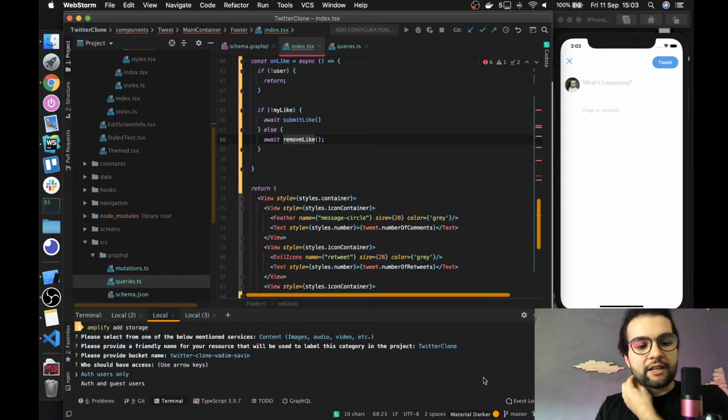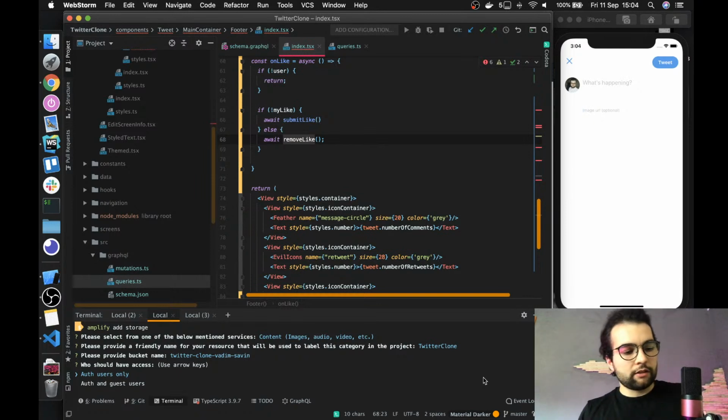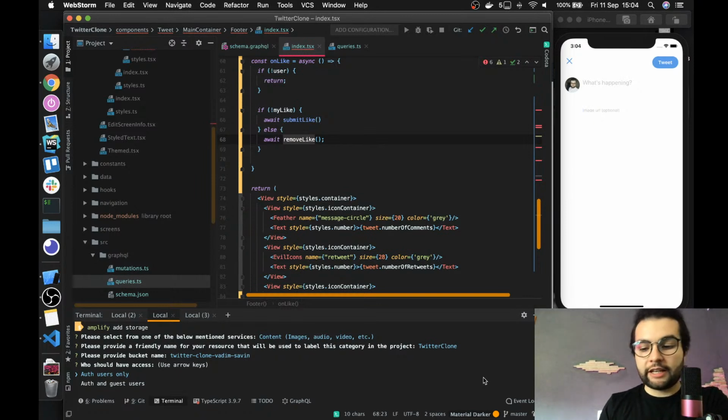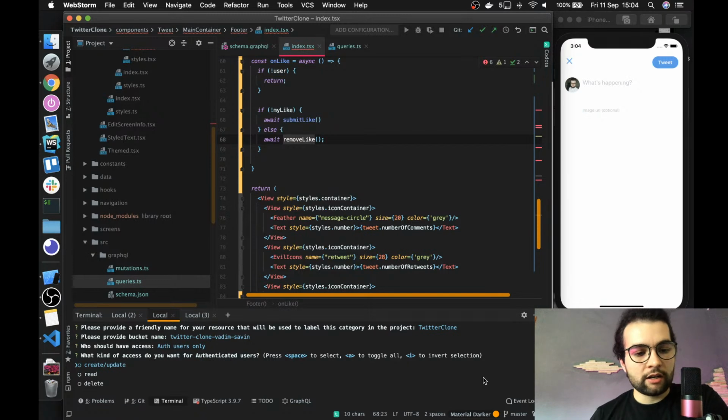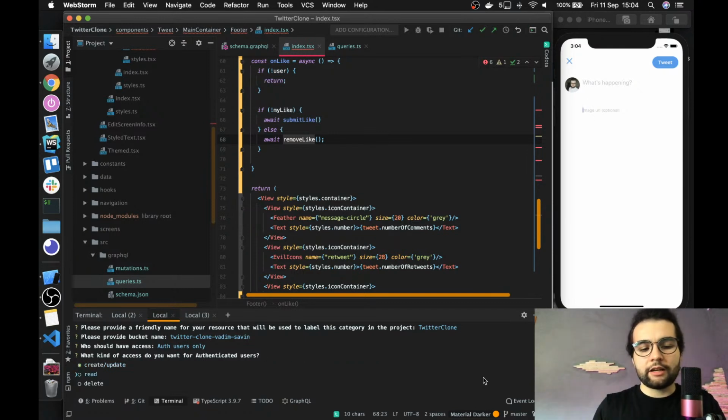Okay, who should have access to the images? Only authenticated users. What kind of access do you want for authenticated users? So the authenticated users will be able to, let's do create and read, and prevent users from deleting images. Even though they will be able to delete tweets, it's not the best idea to give users access to